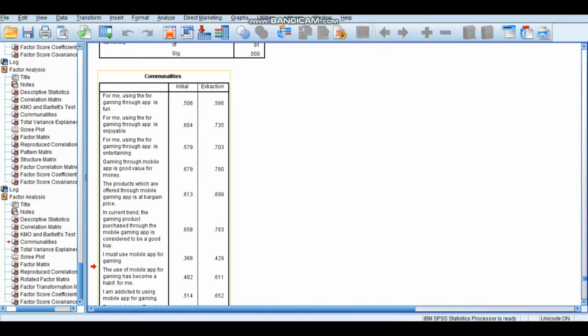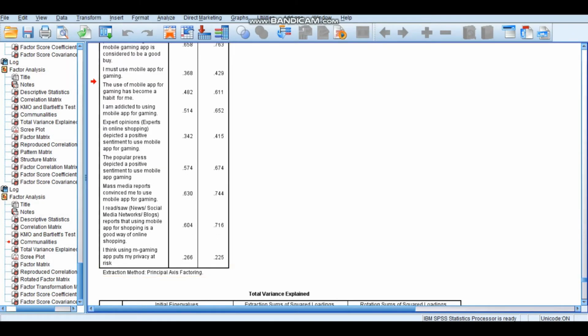This one is fine, this one is fine, right? This one is fine. The moment we see here, yes, there is a problem. You can see here the extracted communality for this statement is less than 0.5, and here this statement, expert opinion, this statement also is less than 0.5, and there is one more statement, I must use mobile app for gaming. Okay, this again has a problem with